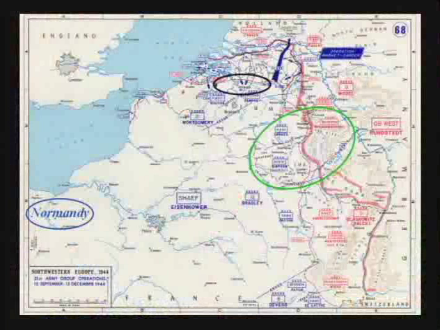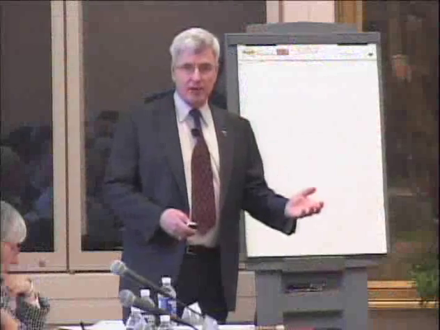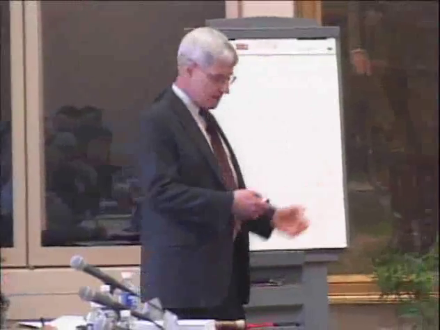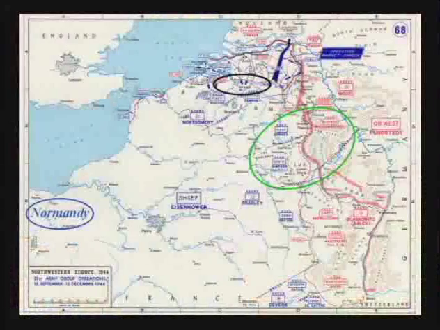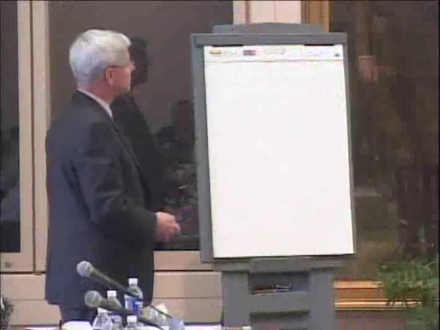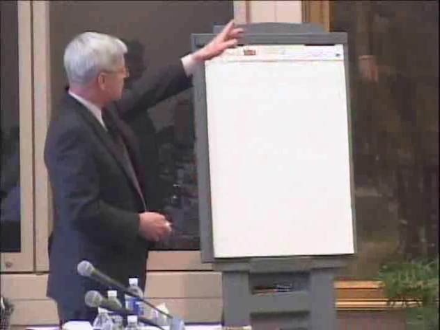And I'll talk about this more in a few minutes, but Antwerp was absolutely critical to the logistical support of the Allied armies. And even though it had been liberated by the British, the mouth of the rivers here had not been cleared. You can see that there are still German forces, and so the port itself, which is inland, was not usable. And so Hitler decided that we will attack through the Ardennes, we'll turn north, we'll go all